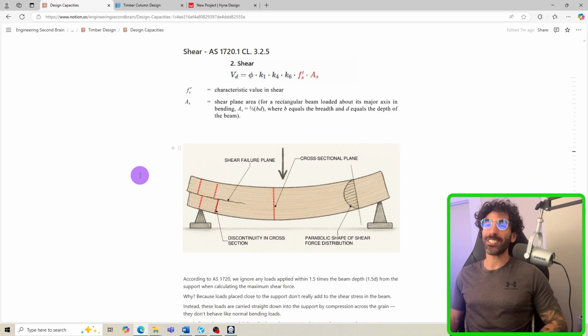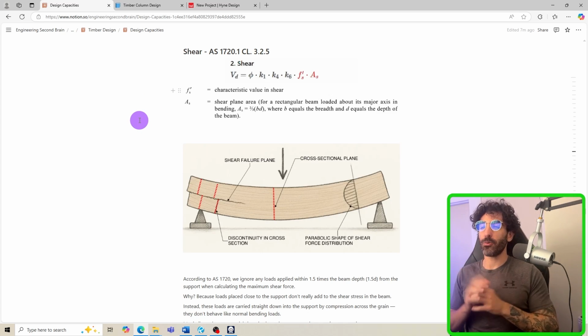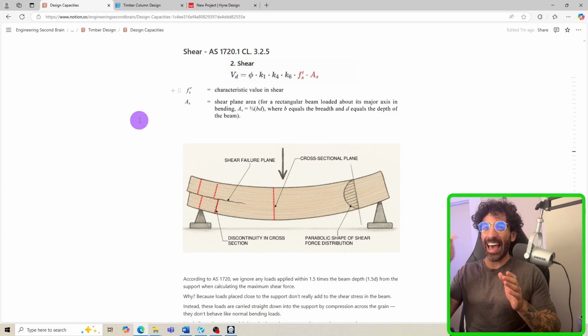So today we're going to talk about shear. Shear you can find in clause 3.2.5 of AS 1720.1. As I said in the previous lesson, if you have a short beam with heavy loads, shear might be a